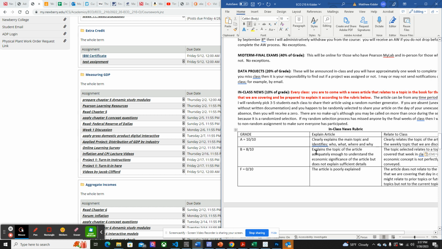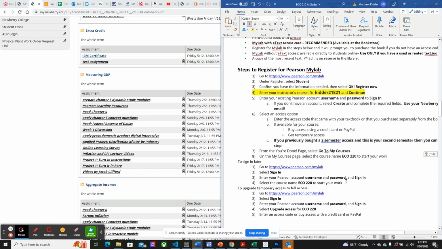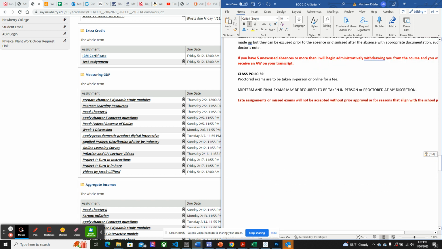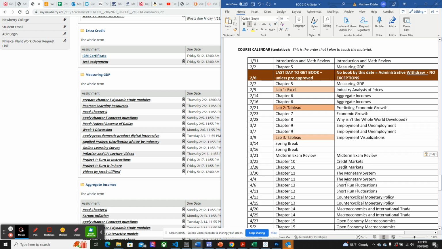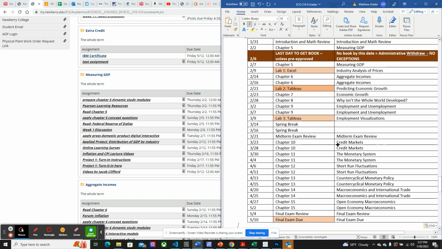Okay. So we've got all those things. I think I talked about the code in Pearson, and I talked about all that. I put a schedule in on the syllabus, so you'll be able to follow it with dates and see exactly where we're at, where we're going. This will help you work ahead.